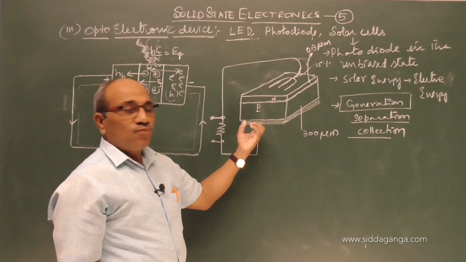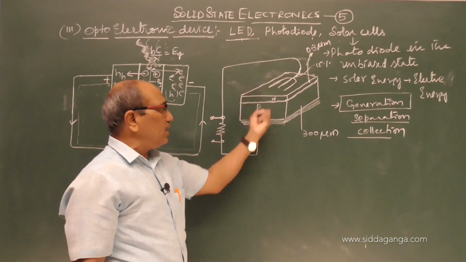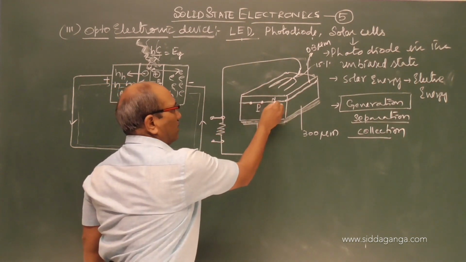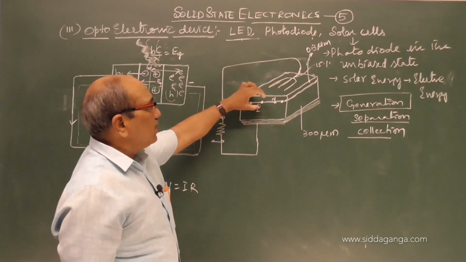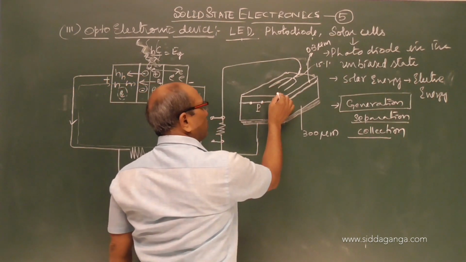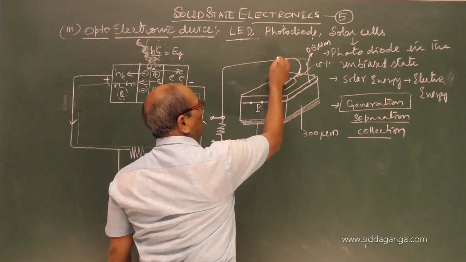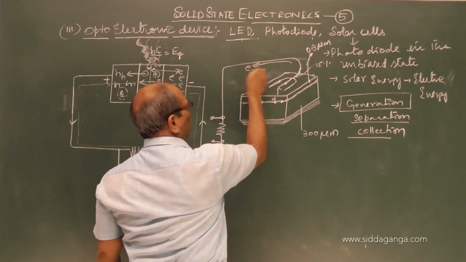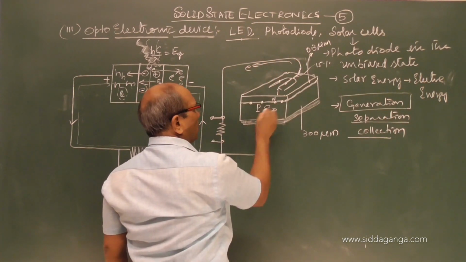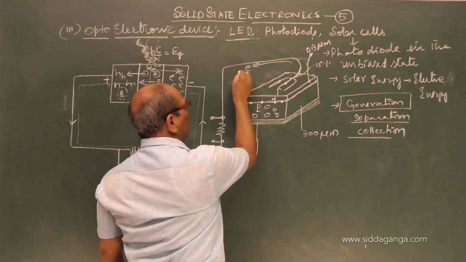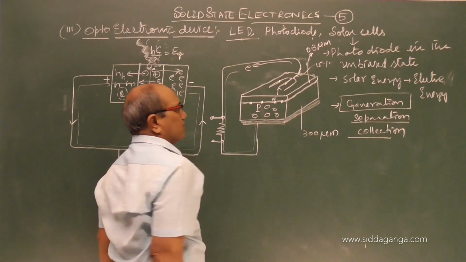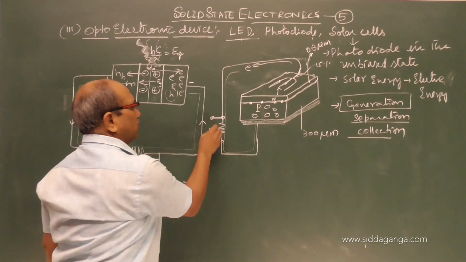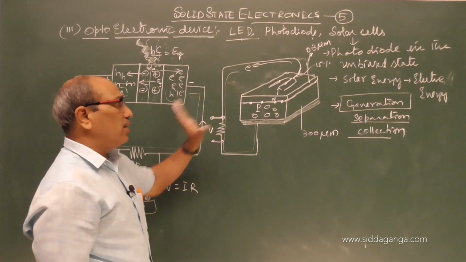Most of the photons falling on the surface should get absorbed and excited at the junction and create electron-hole pairs. As electrons are generated, they move towards the plate and are collected by it, and the electrons start moving in this direction. Whereas the holes are collected in the P region, these electrons come and join, current starts flowing, and we draw the voltage. That is what this is about.